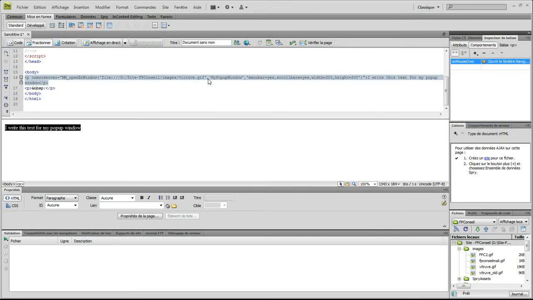You can see that, as we haven't saved our work, the URL is in an absolute format, and when we save our work, it will appear in a relative format. For instance, we save our work with the key combination Ctrl+S,